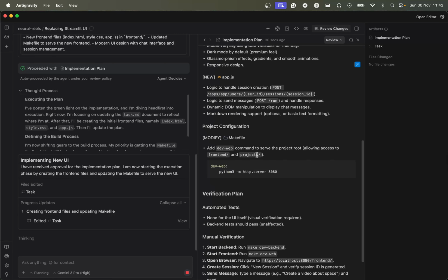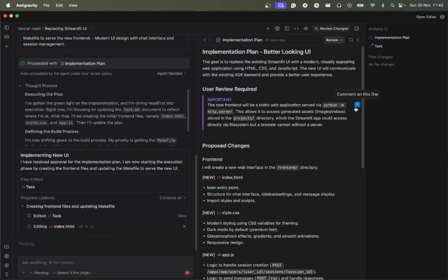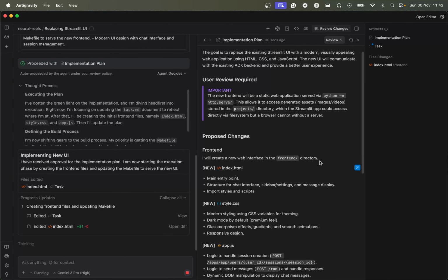So this is what the agent is aiming to do. So I can take a look here and evaluate if it looks good. Another cool thing is that the user can provide some feedback. Okay, so right now it's going to put everything here. If I don't want it at the front end, I can just use a different folder,